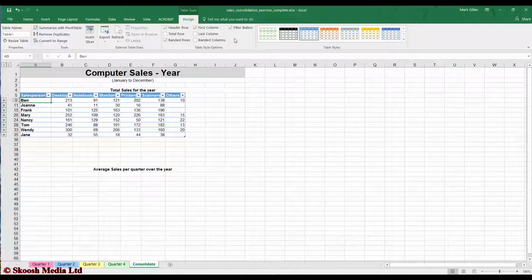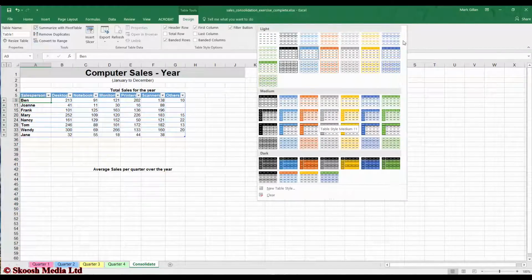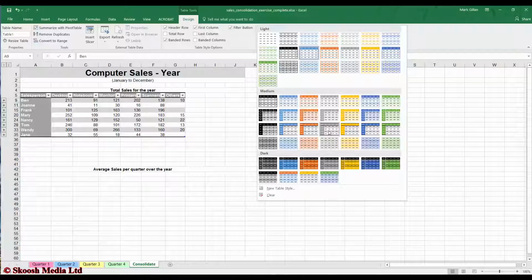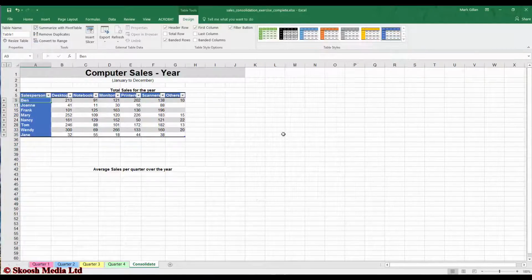Notice at the left hand side of the sheet, we've got the expansion of each one, so we can drill down if we wanted to view. There's the total which we can put on. It's on and off switches. And we can also change the table style if we wanted to. We've got plenty of different styles, and because we've now said that's a column which we want to bring in as labels,